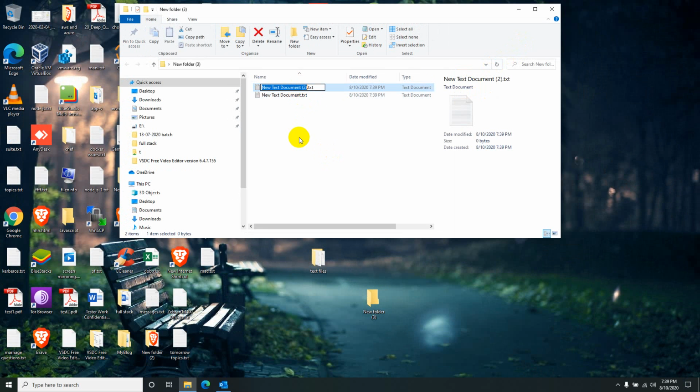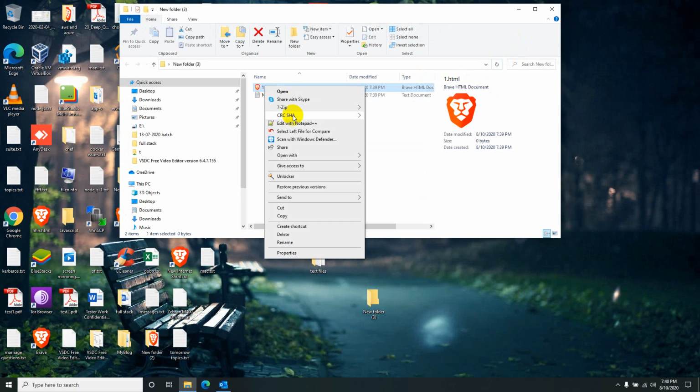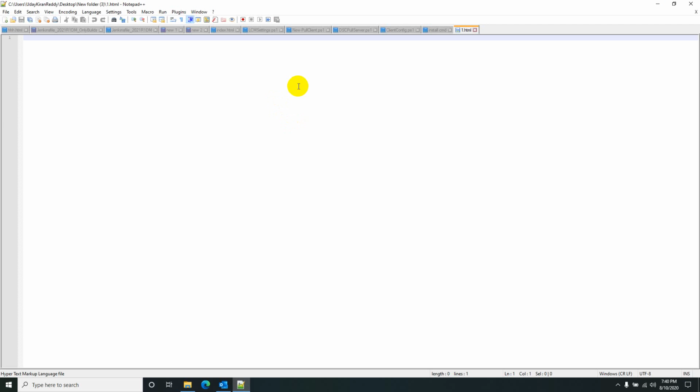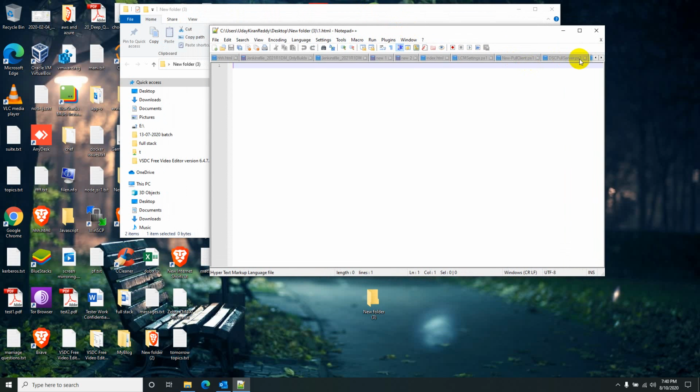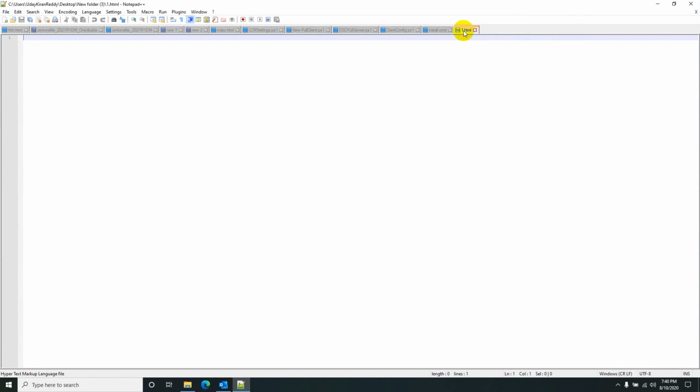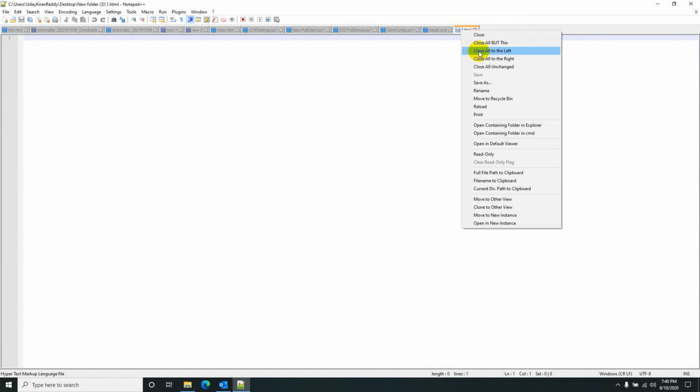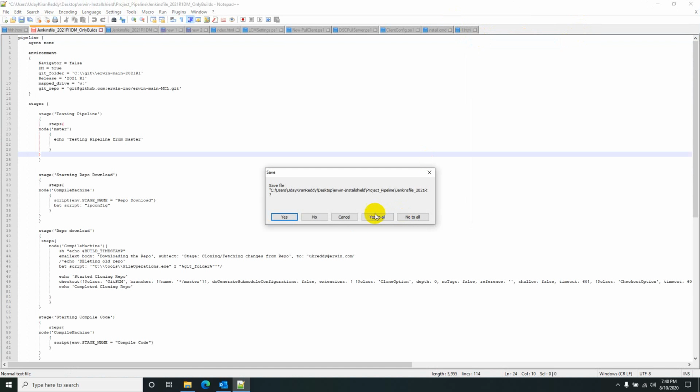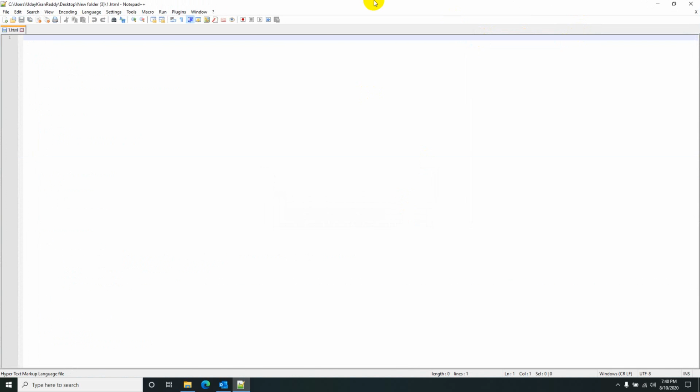The first file I will name one.html. Refresh it. Open this with Notepad++. It is empty now. Close all other files. Close all but this. No to all.